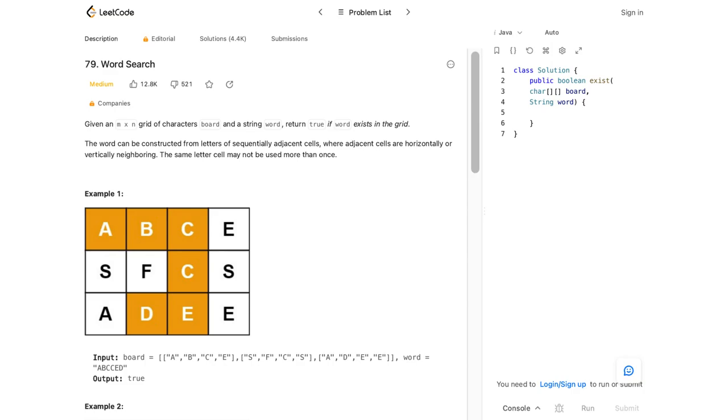In this video, let's talk about a LeetCode problem called word search. So let's look at the question first. We are given a grid which has m rows and n columns, and each cell in the grid has